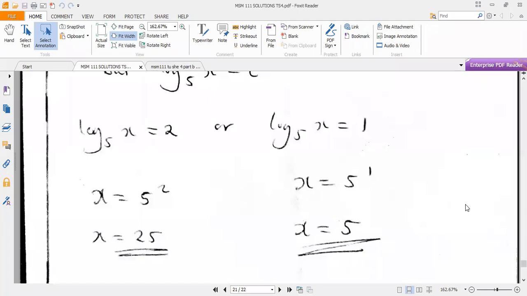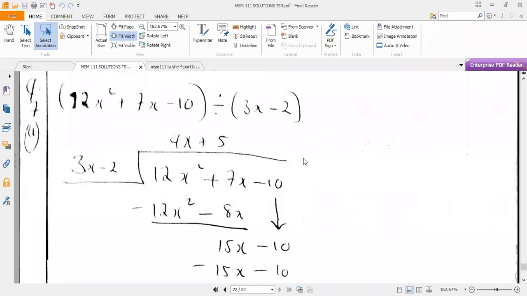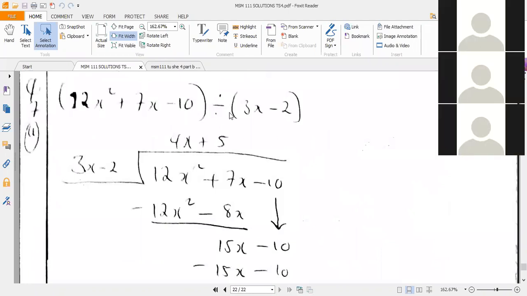We proceed now. We go back to our question 7. We were here. So now, like I was saying earlier on, when you have something like the coefficient of x is